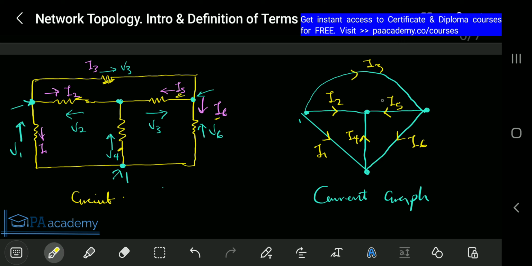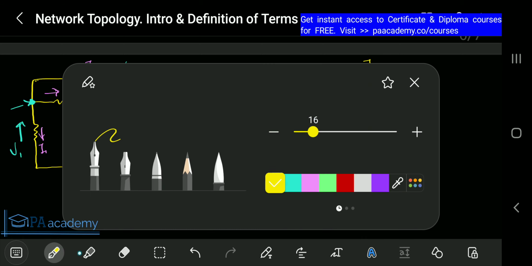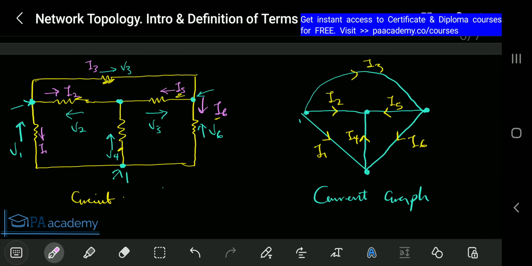This is for the current graph. Now the same way we did for the current, you can also have another one for the voltage, where you are going to have the same drawing. You can decide to draw it separately. It's advisable to draw it separately, and then you do that for the voltage and show the direction. For example, for this we have the voltage V1